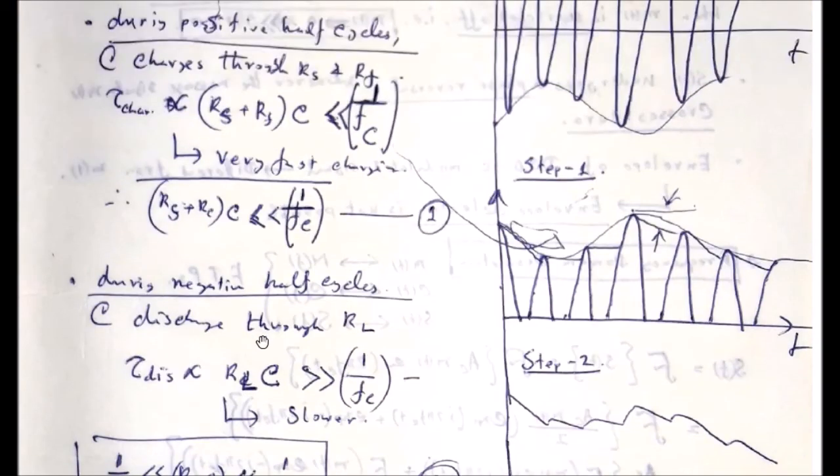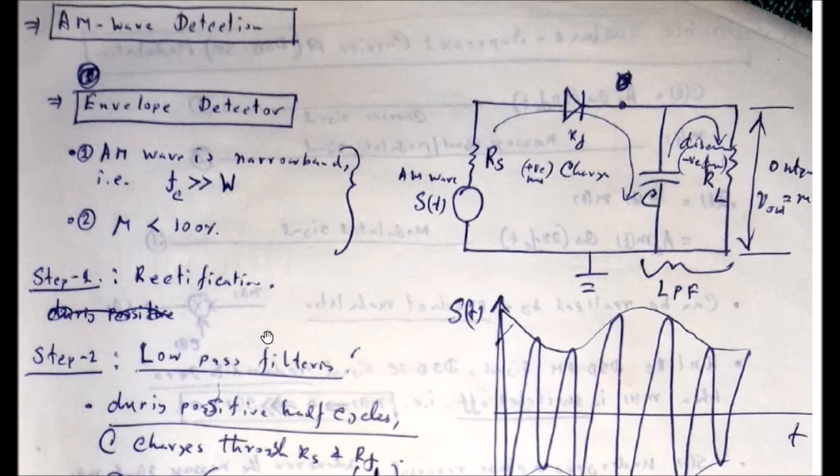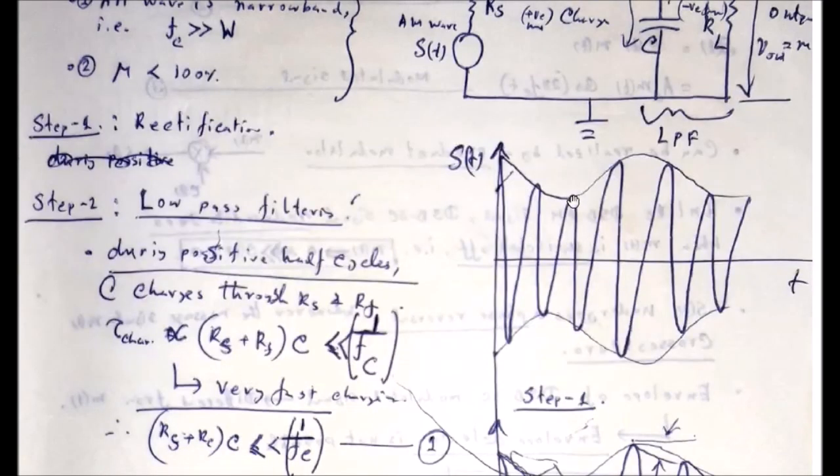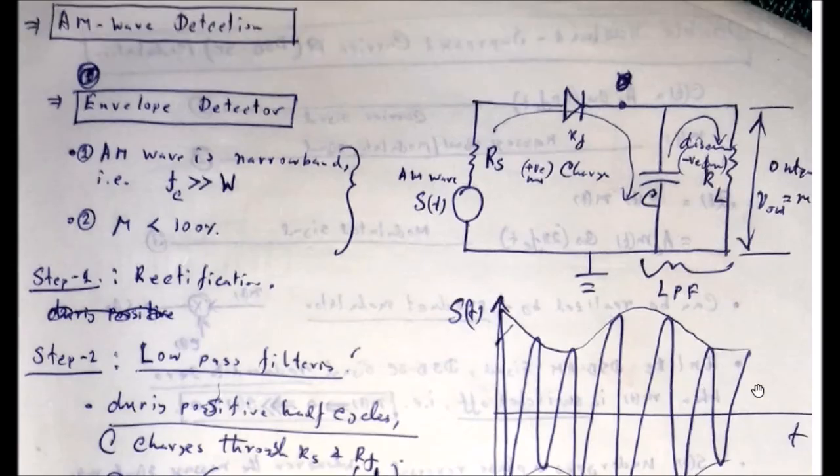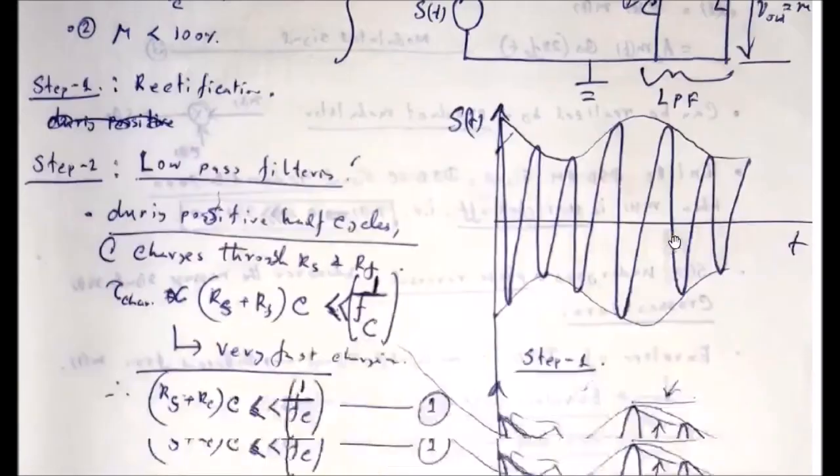Okay, so this is the envelope detector. The purpose of the envelope detector is to detect the message signal. And this message signal can be detected by detecting the envelope of the modulating waveform, and this envelope can be detected by using a simple diode switch in rectifier mode and alternate charging and discharging of a parallel RC circuit.